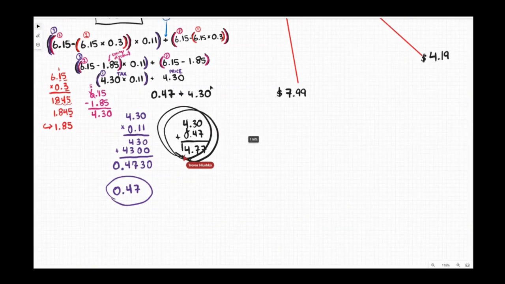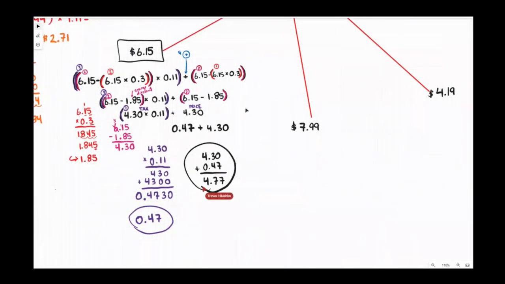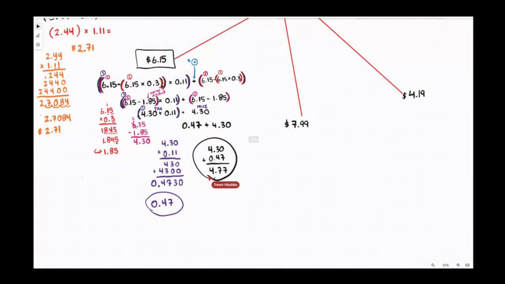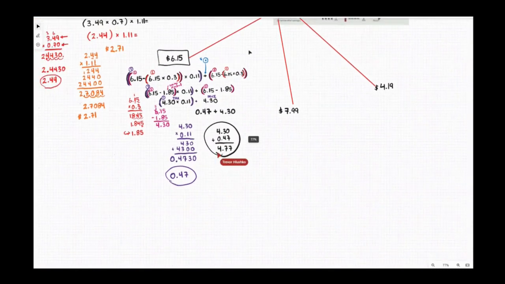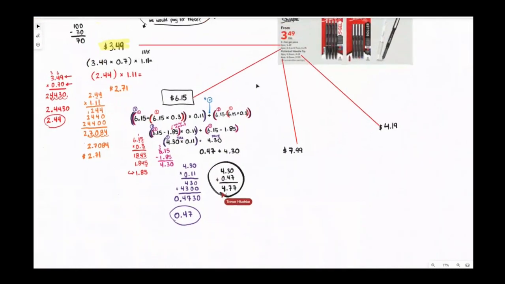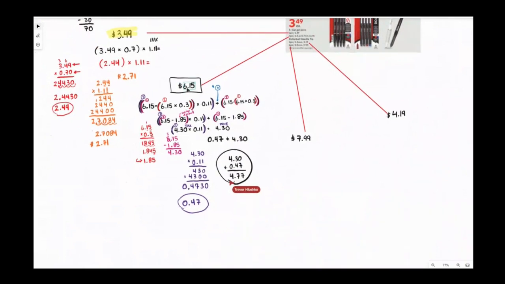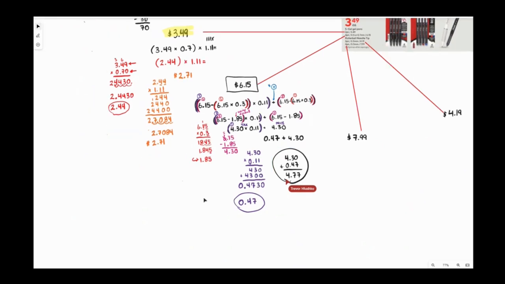Okay, so if the original price of the Sharpies was $6.15 and I had a 30% discount, I would end up paying at the register $4.77, and that's including my taxes. Okay, so